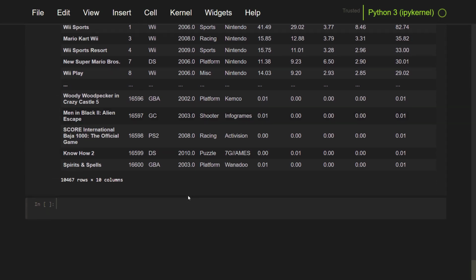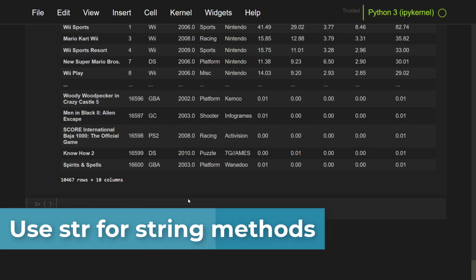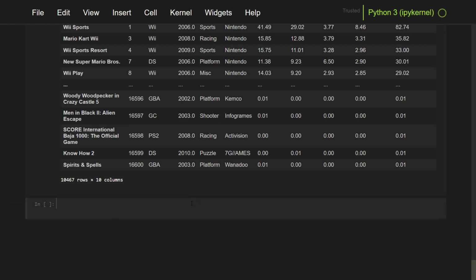We can also filter by indexes. For example, let's see the game names with support in them. The str command is used to use string methods. First of all, let's convert the text of the indexes to lowercase with the str.lower command. Games index str lower. Then find the names with support in them with the contain method. Let me set str dot contain method, support.